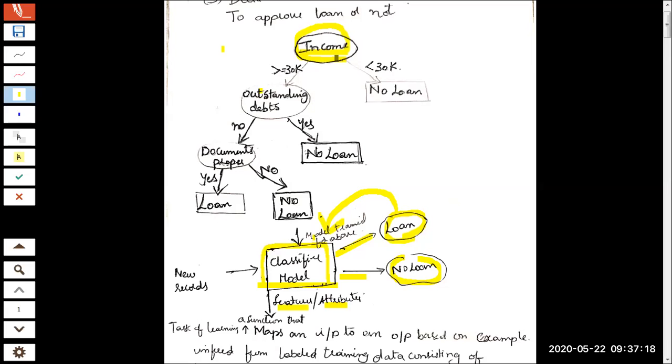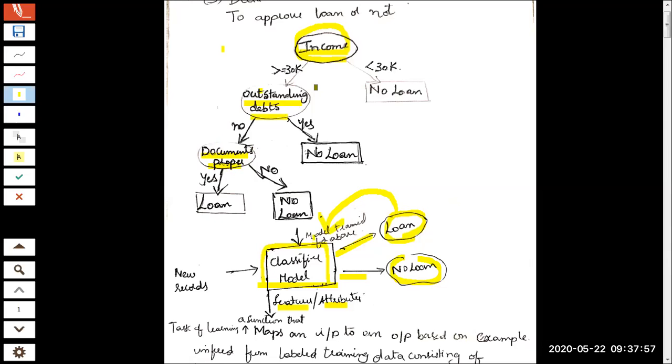The other attribute or characteristic that may be used to make a decision is outstanding debits. So whether you have any pending debits to the bank, any interest you need to pay, any previous interest, principal amount. So all these things will be verified. Also, when you are submitting a new loan application, whether all the documents are proper as per the guidelines, regulations of the government, as per the policy of the bank. So you have followed the procedure in building the documents. So all these things will be taken into consideration to decide on whether the loan should be given or not.